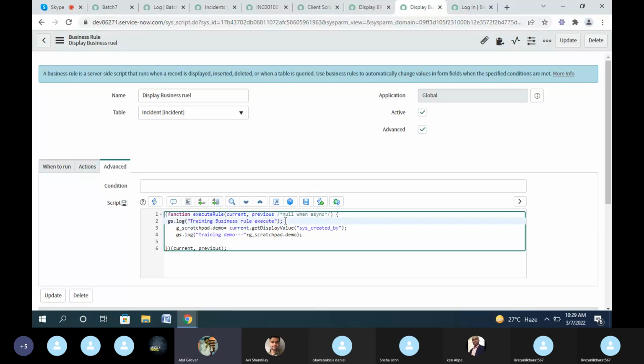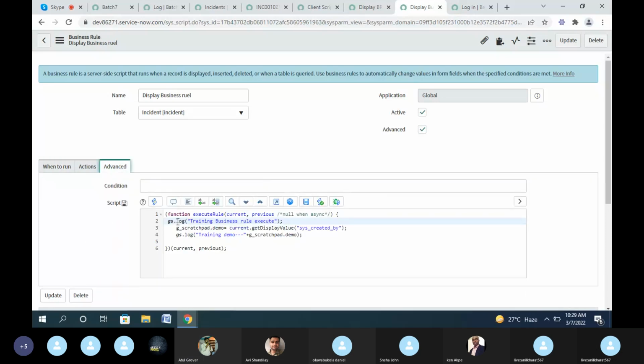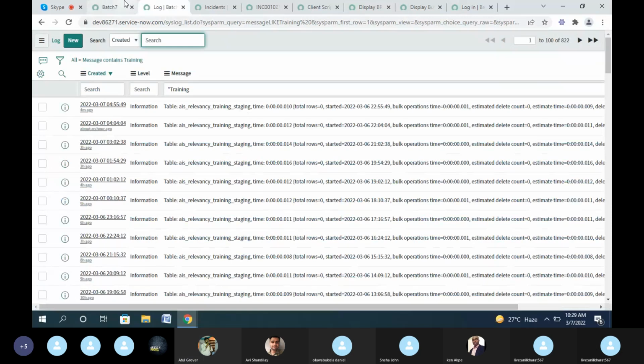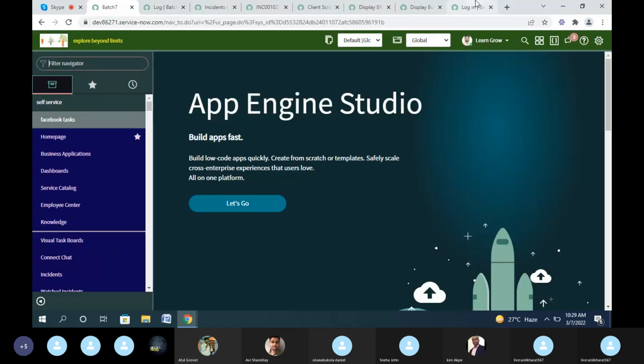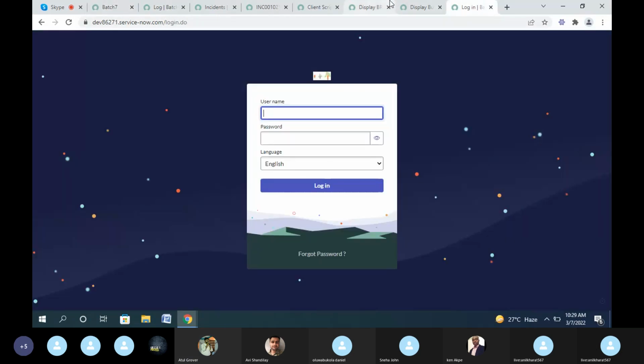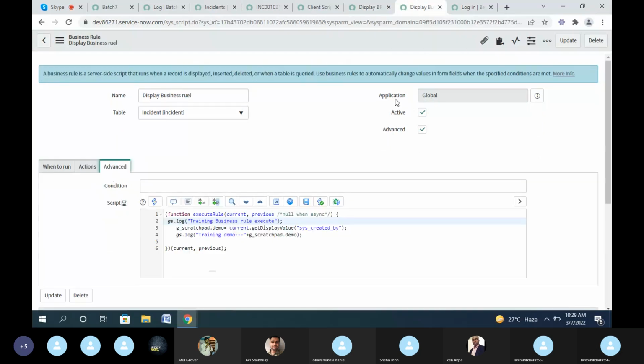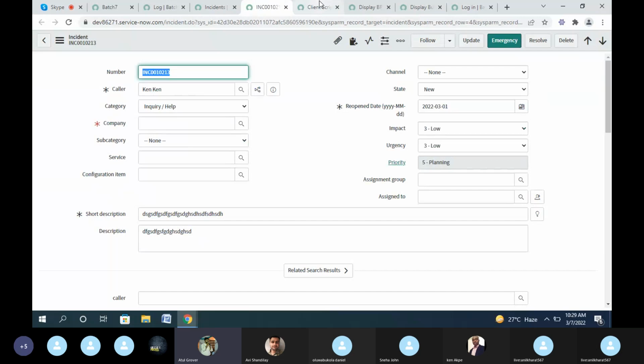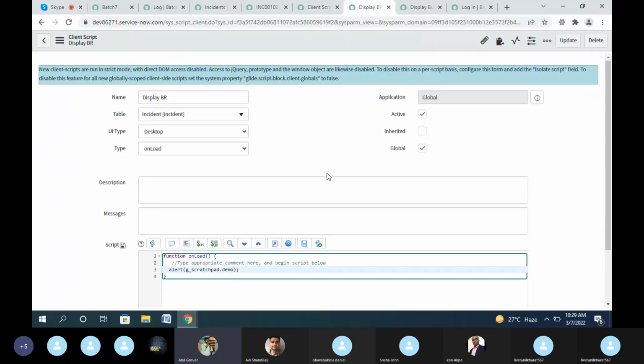We can proceed further. Even though this business rule is not executed, this message also gs.log. Let me check in which, okay, you are in global. Yeah, it is correct. Even though this business rule is not executing, no problem. But the fundamental of what we get here, guys, is that if you want to see what is executed and what is not executing,